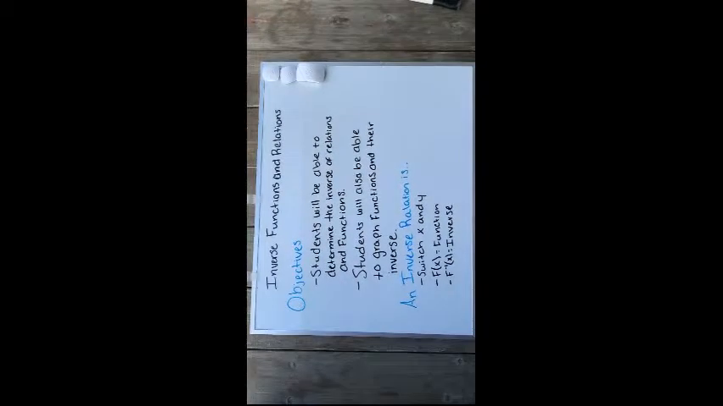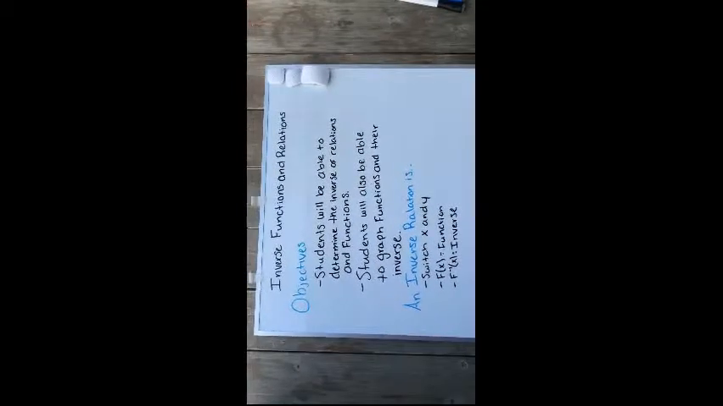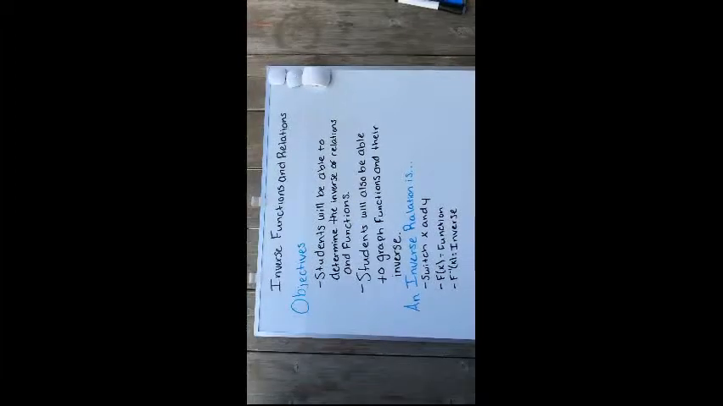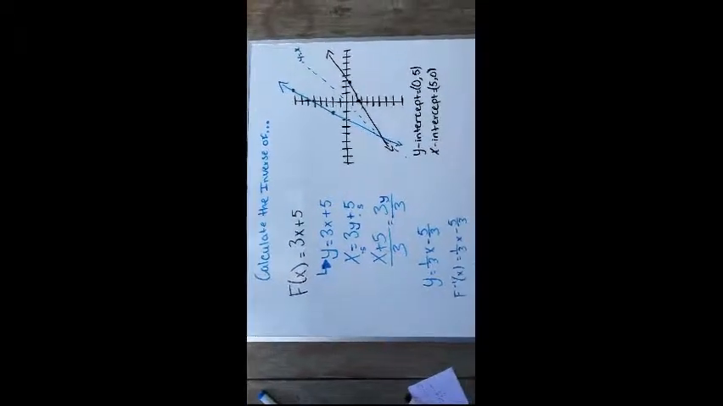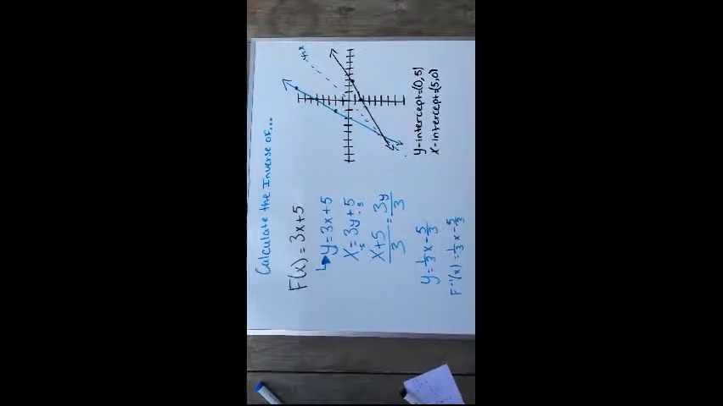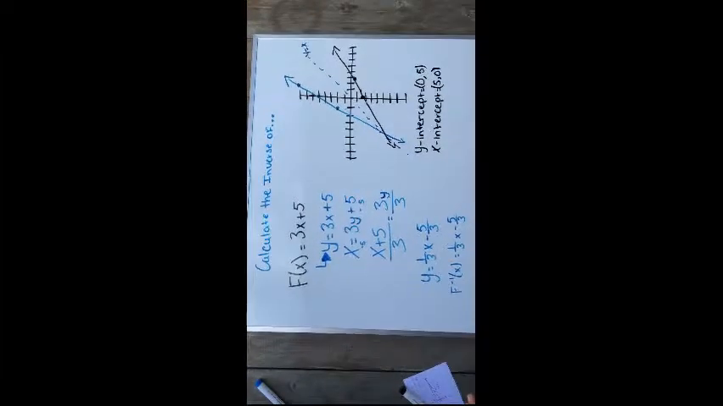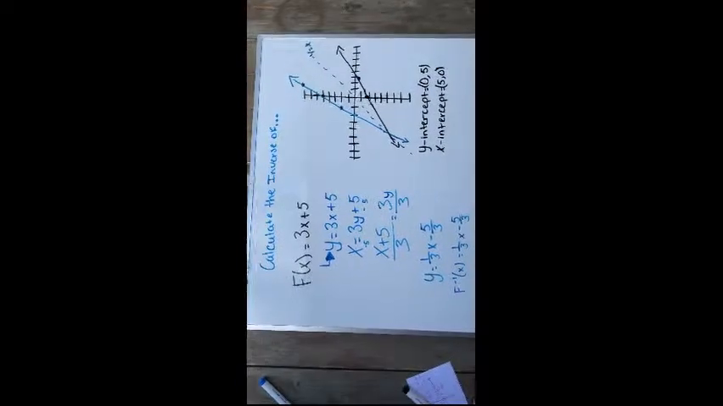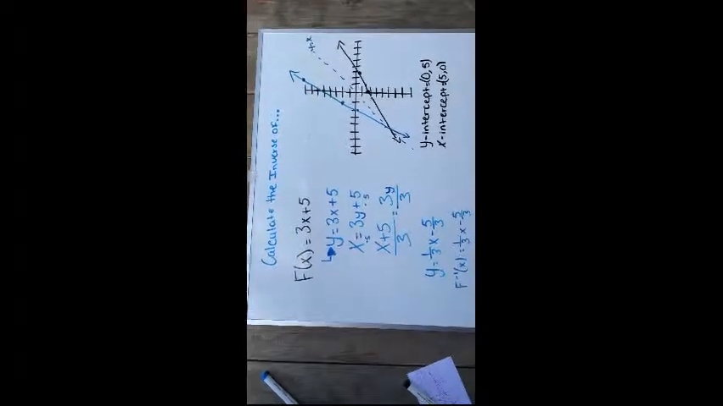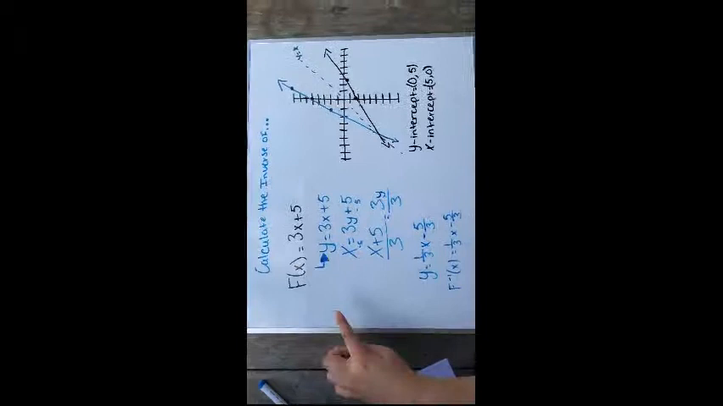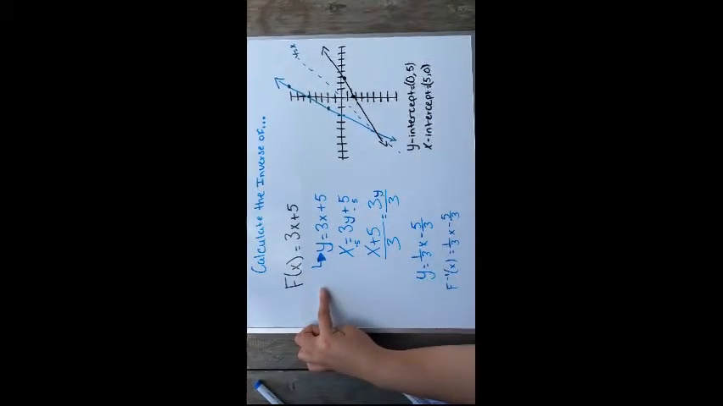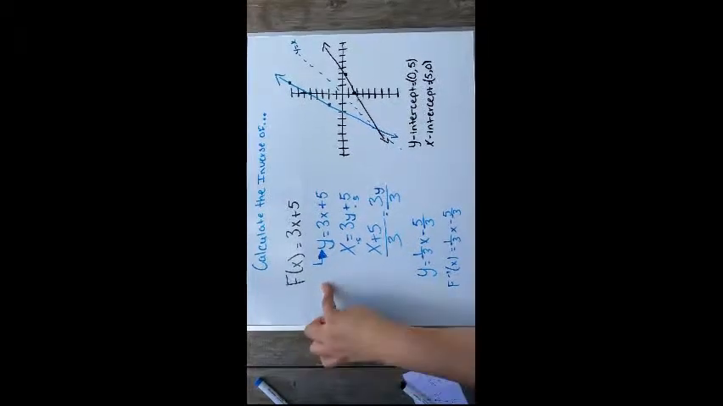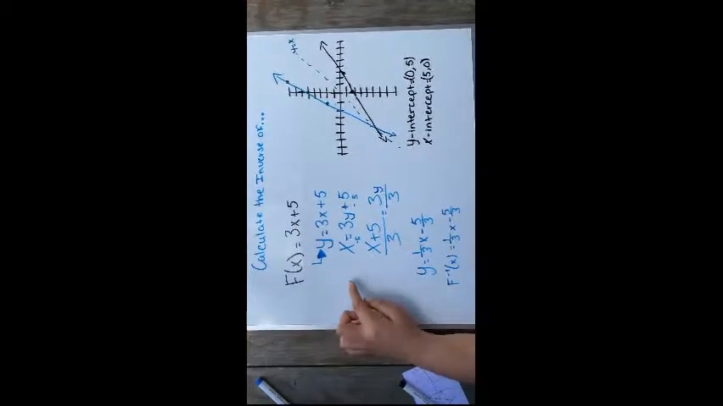F of x is a representation of a function. F inverse of x is a representation of the inverse of that function. For example, when you're asked to calculate the inverse of a function, for instance, the equation f of x equals 3x plus 5, it would be the same thing as y equals 3x plus 5. And in order to find the inverse, you would switch your x and your y, and you would get x